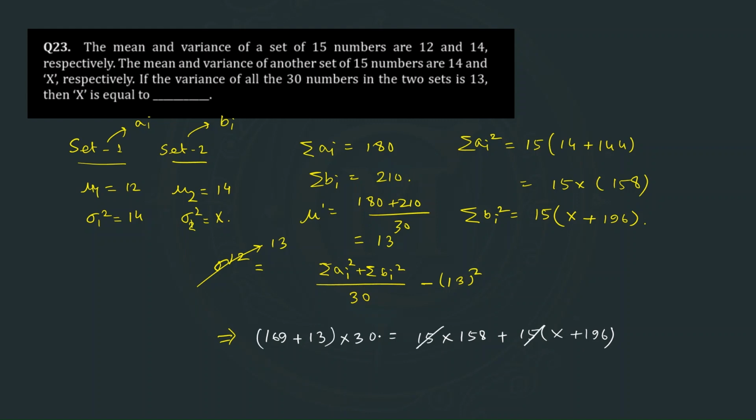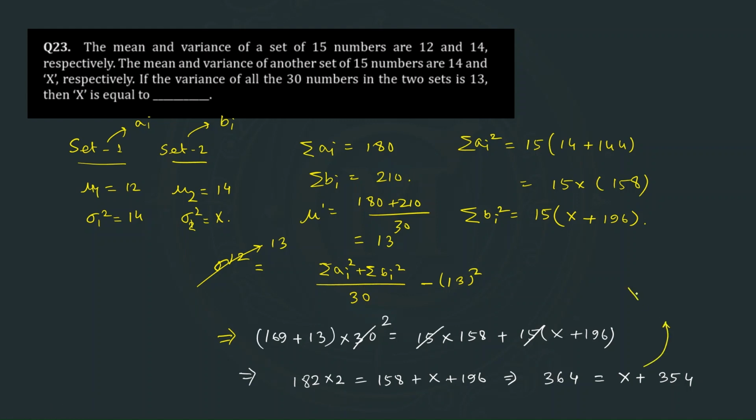So here it will be 2, and then it will be times 2 equal to 158 plus x plus 196. That means it will be equal to 4, and this will be 36 equal to x plus 4 times 354. That means from here we can say